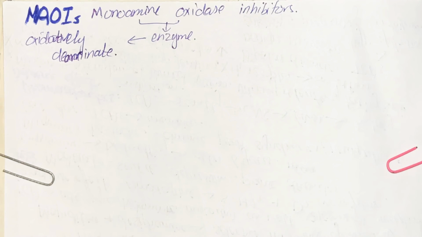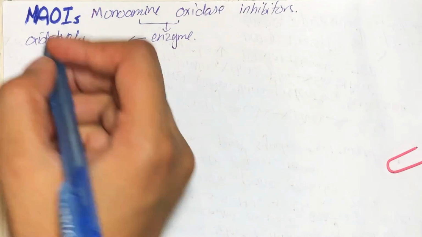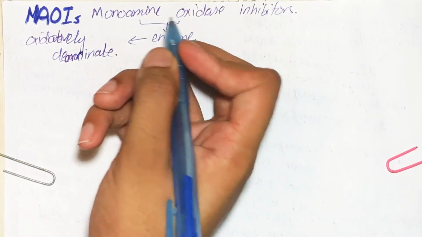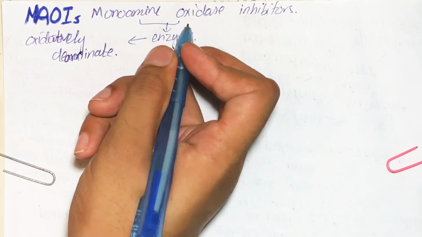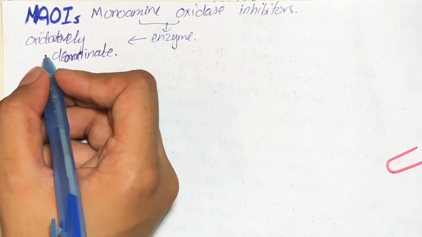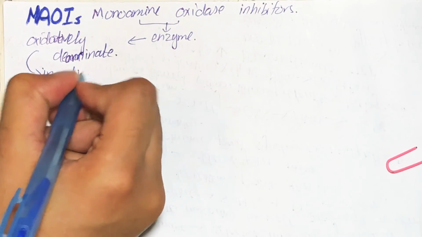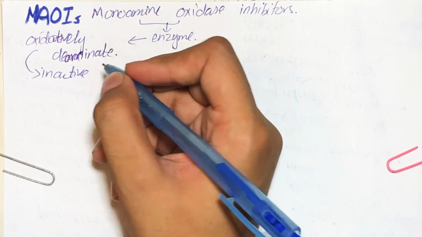But if there is some problem in the synaptic vesicle and neurotransmitter leaks out, for such cases there is the presence of monoamine oxidases, and the function of this enzyme is that it oxidatively deaminates the released neurotransmitter, and in this way it degrades the neurotransmitter which has leaked out,